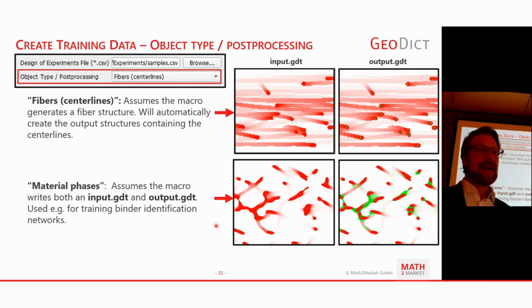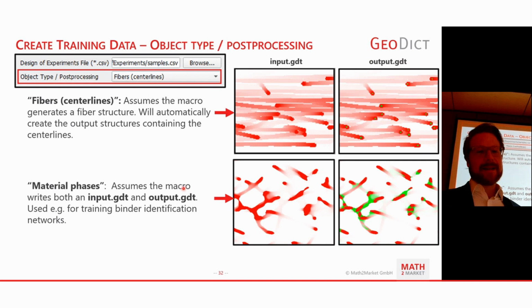So in this case, your macro gets a little bit more complicated. You have to generate the fiber structure and add binder. You can record both of these. Then save that structure as output GDT. Again, you can also record that just as commands in the session macro. Then you reassign the green part to red, so it becomes indistinguishable from the fibers, and save that as input GDT. So that's what you have to do within the macro.